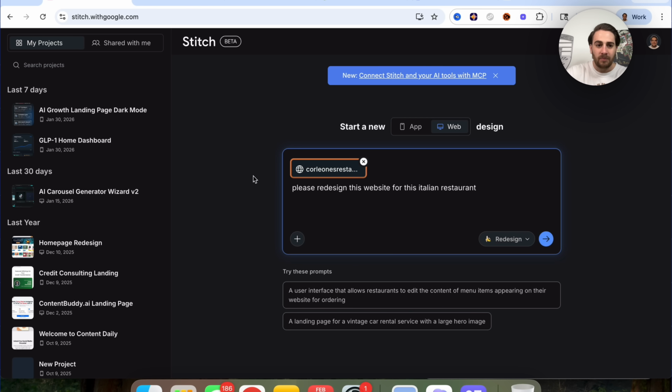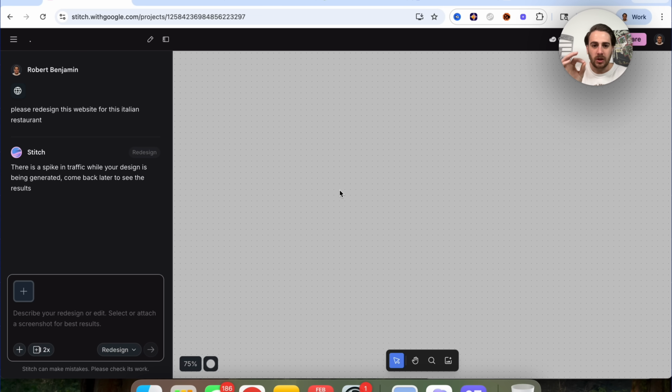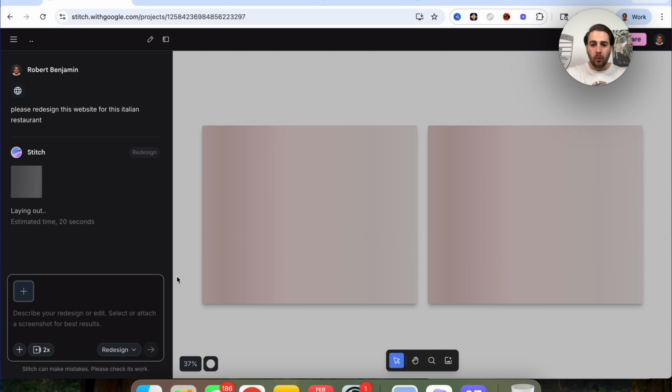And then from here, this is going to go through, and this is actually going to redesign this. Now, this isn't that crazy because we were able to do this before in the past. But what you're going to notice is once this is redesigned, this is able to do some pretty insane things. So we can see over here that this is now generating these two brand new designs. And if we wanted to, we could actually control how many different variations this is going to make. Right now, I just have it set to 2, but essentially this is using Nano Banana in order to redesign